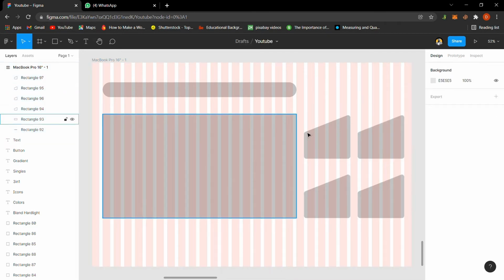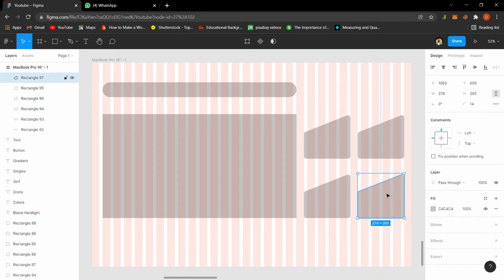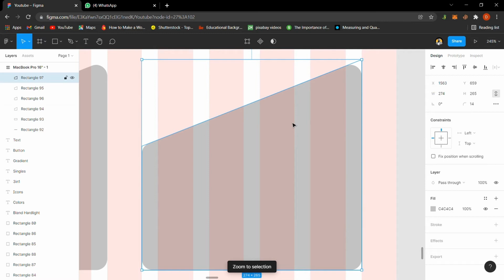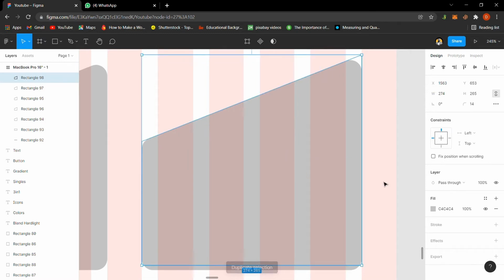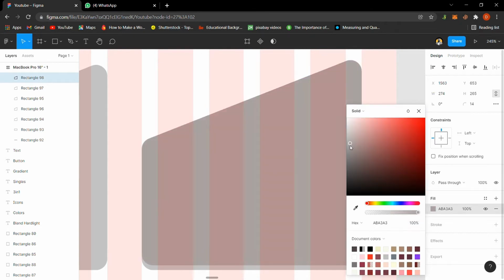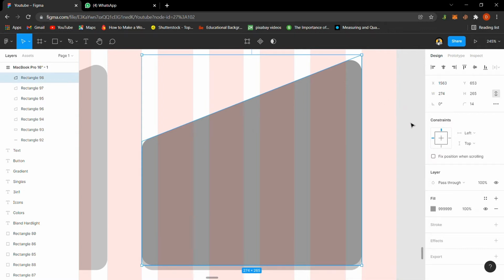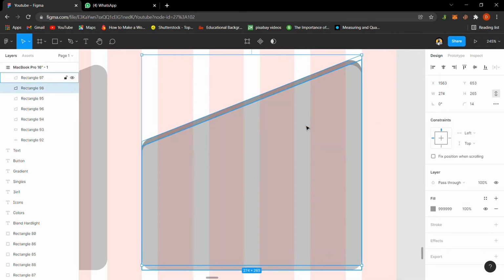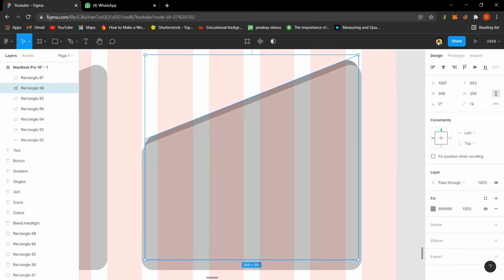So this is the first. This is where the images are going to be. I'm going to duplicate this, obviously about 3 times. So I'm going to do duplicate. I'll move it slightly upward. I'm going to change this color to a darker shade of this. So we feel that. Then I'll put it downwards. I'll hold shift and just move it slightly so it looks more like